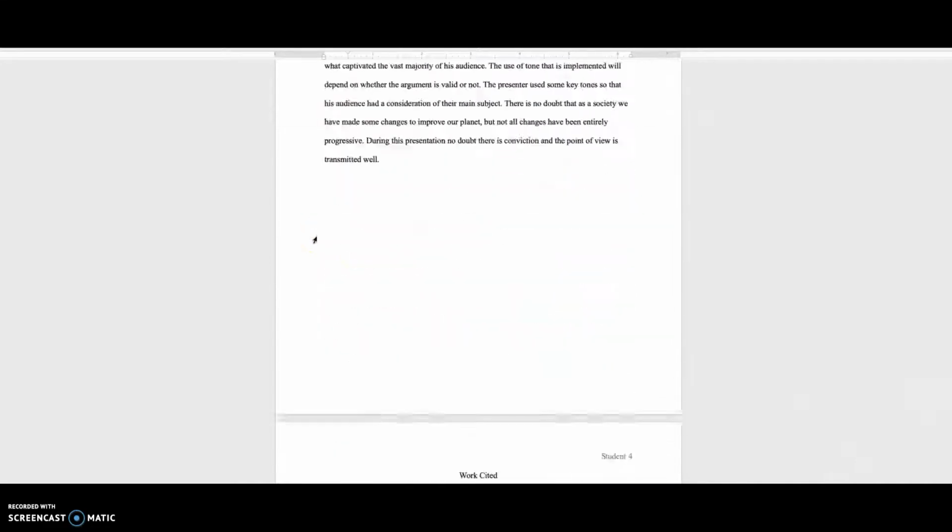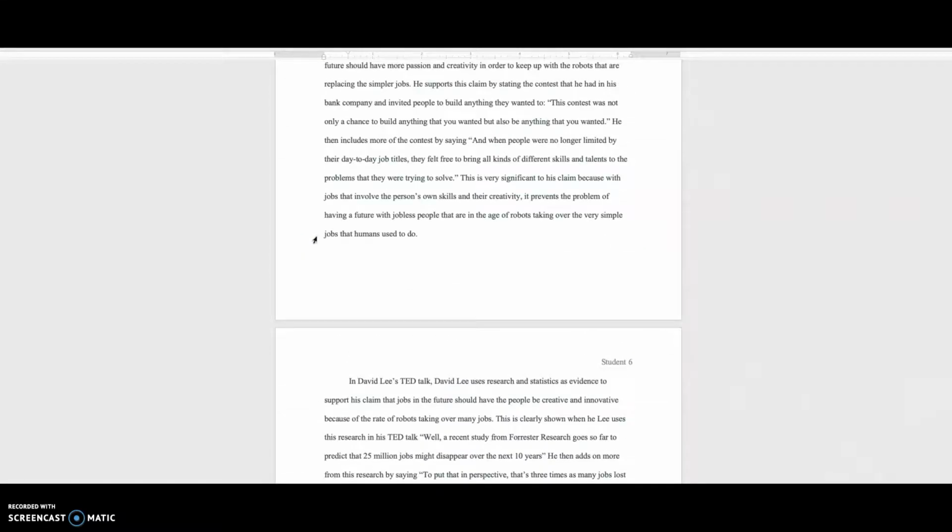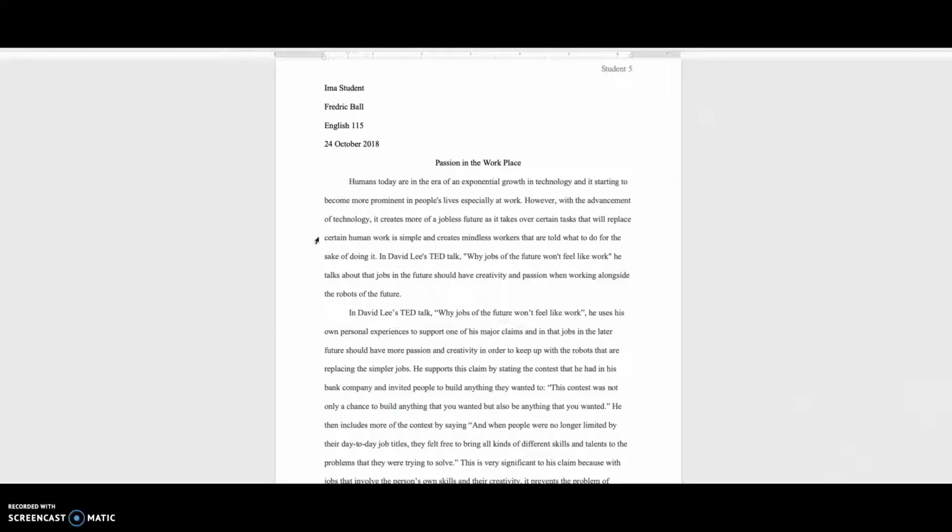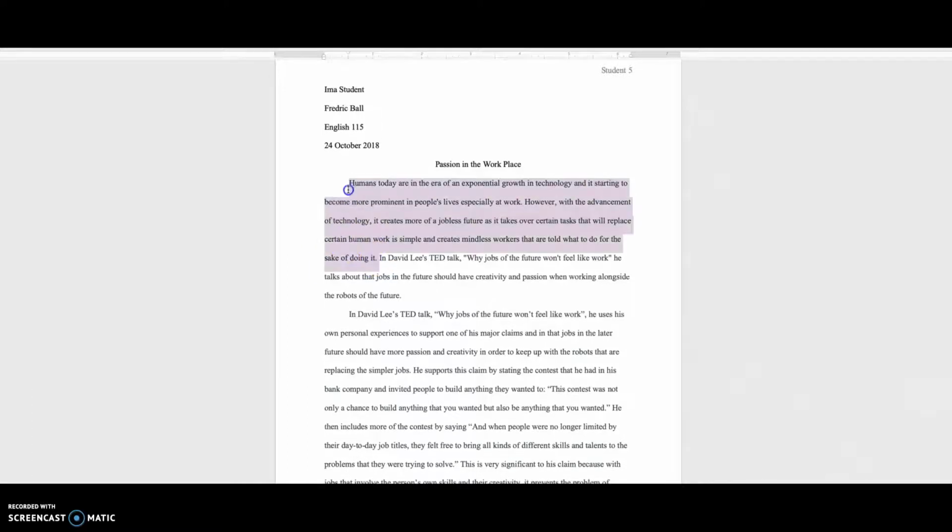In paper number 2, I jumped ahead. Paper number 2 has a little bit more. And what I mean by background or context is what's going on with the situation, what's happening, what do we know about it. So this one's a little bit shorter. Then you have your title of the TED Talk. It doesn't have a thesis, which we'll get to in a minute.